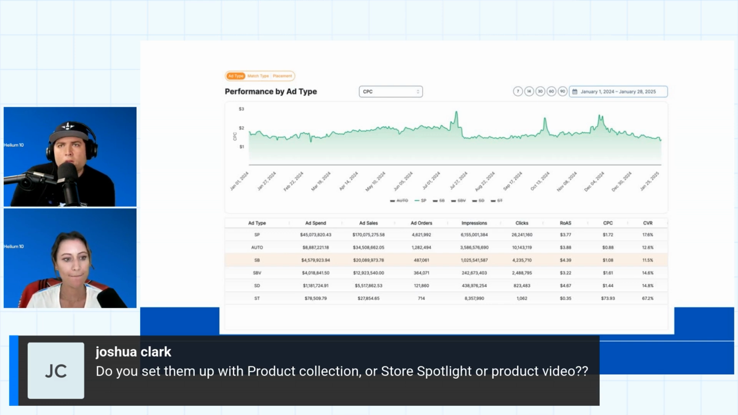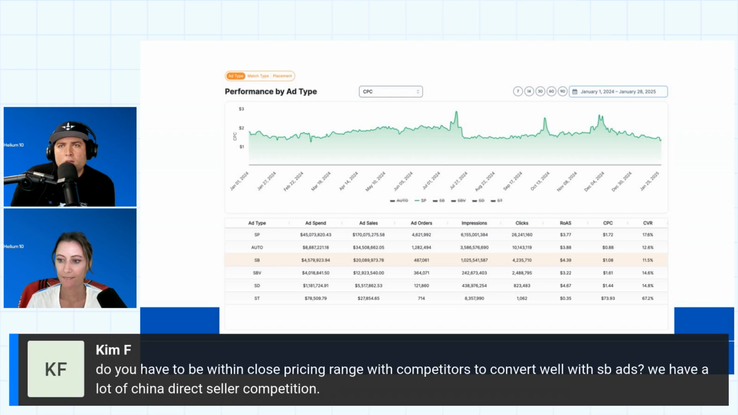Okay. And Kim says, compared to your competitors, do you need to be in their kind of price range to convert with sponsored brand? You know, sponsored product ads, yeah, sure. If there's two sponsored ads and they're right next to a product that's way cheaper, that could have an effect. But is it the same in sponsored brand, or since it's kind of its own island, it's less important? I would say it's a little bit less important because